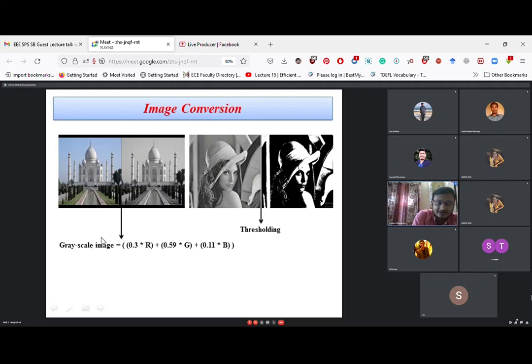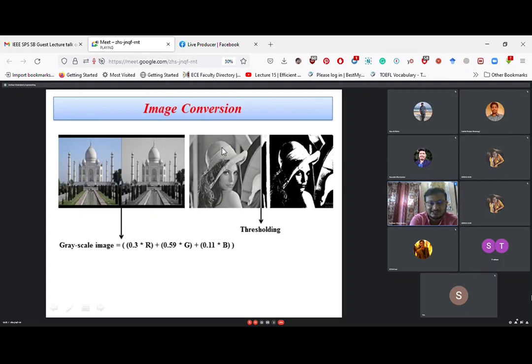Anyway, from grayscale to binary image is very easy by using thresholding. Thresholding means suppose I have designed a threshold, suppose 100. If the pixel intensity is, suppose at this dot, 85, it is less than 100, so it will be black. Here you can see it is black.